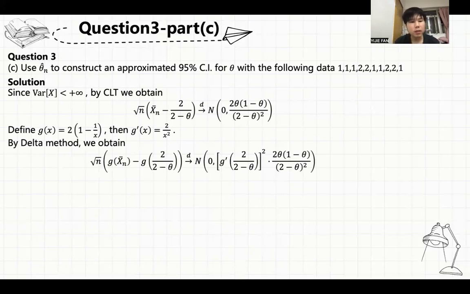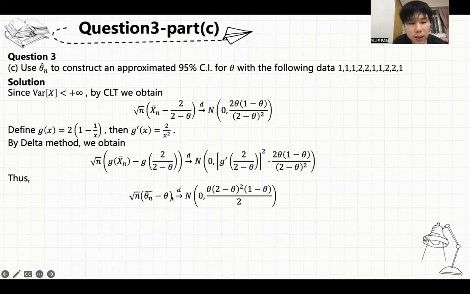Okay, so by the delta method, we could get this convergence relationship, and we use theta n hat to replace g of X n bar and use theta to replace g of 2 over 2 minus theta. So we get this